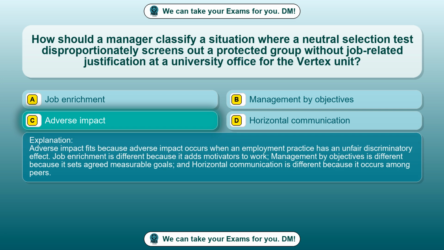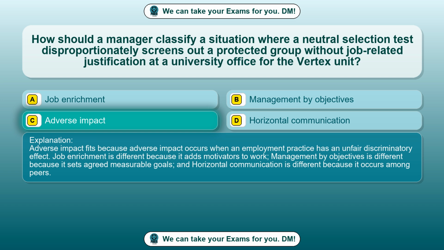Adverse impact fits because adverse impact occurs when an employment practice has an unfair discriminatory effect. Job enrichment is different because it adds motivators to work. Management by objectives is different because it sets agreed measurable goals, and horizontal communication is different because it occurs among